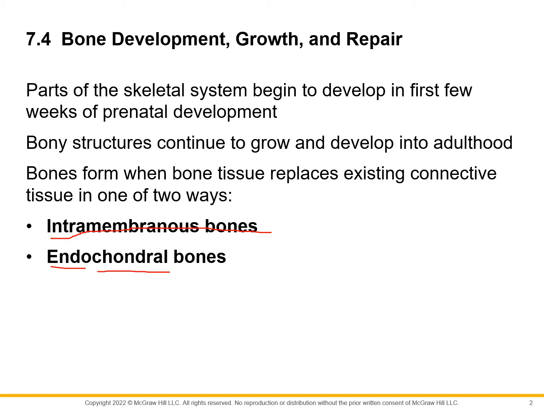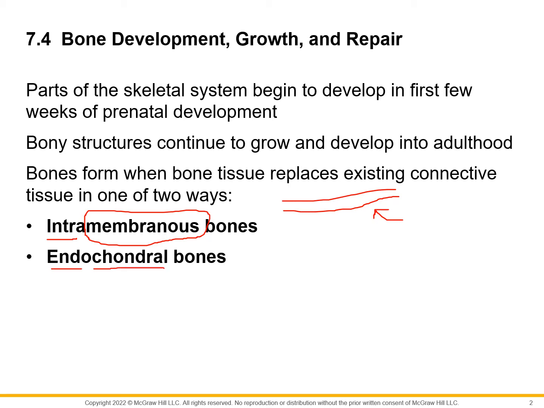Now, just real quick, if I break these down, intramembranous means in between membranes. So if I have a membrane here and a membrane here and that turns to bone, this is generally going to be flat. Intramembranous bones are generally flat bones. Endo, inside, cartilage, chondrial. Endochondrial bones are going to be the long bones, and a lot of the bones we're